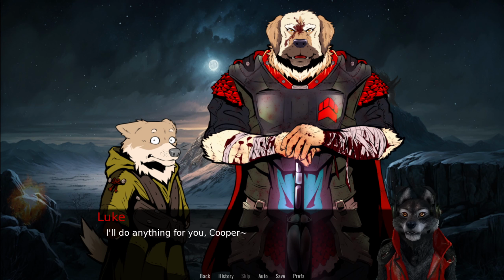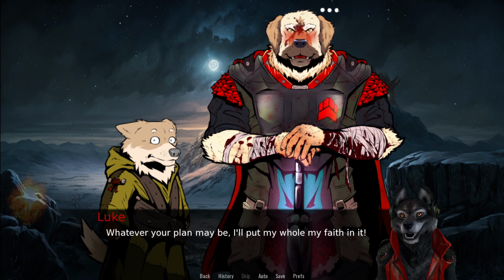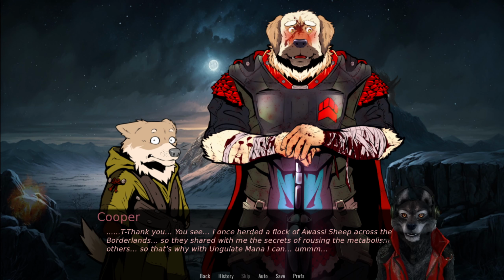I'll do anything for you, Cooper. Don't have another nosebleed. I mean, no, sir. You are in charge. Whatever your plan may be, I'll put my whole faith in it. Thank you. You see, I once herded a flock of freshwater sheep across the borderlands, so they shared with me the secrets of rousing the metabolism of others. So that's why the Ungate man I can,